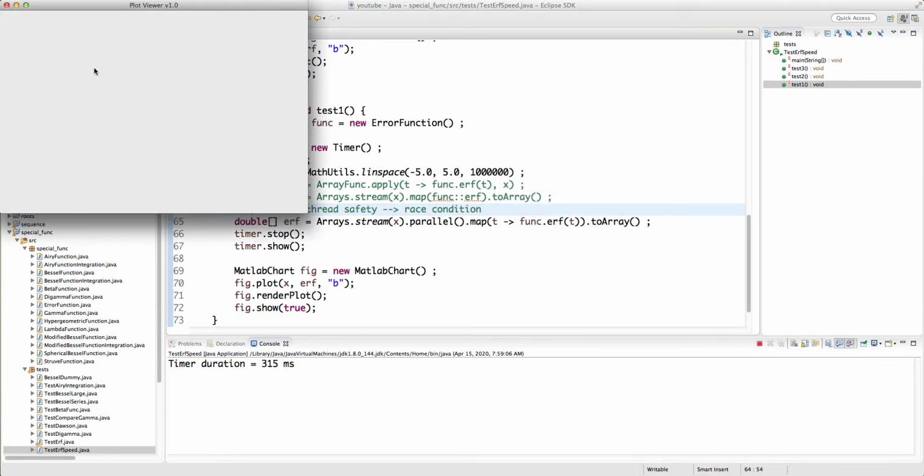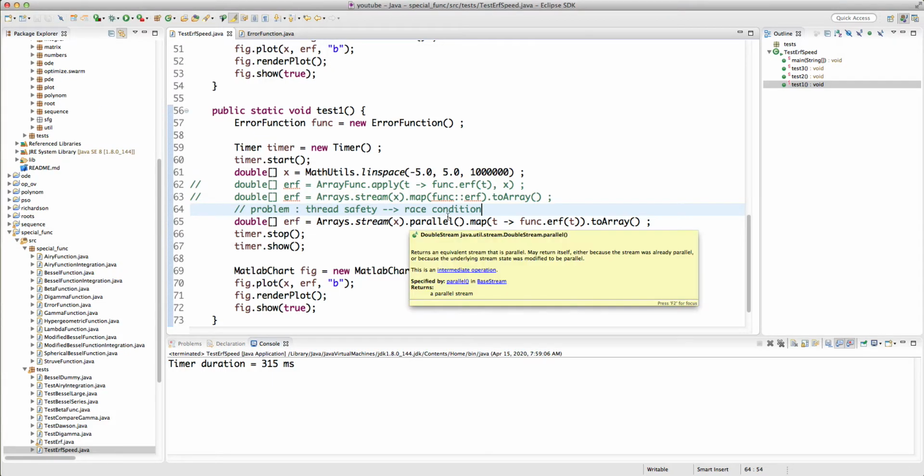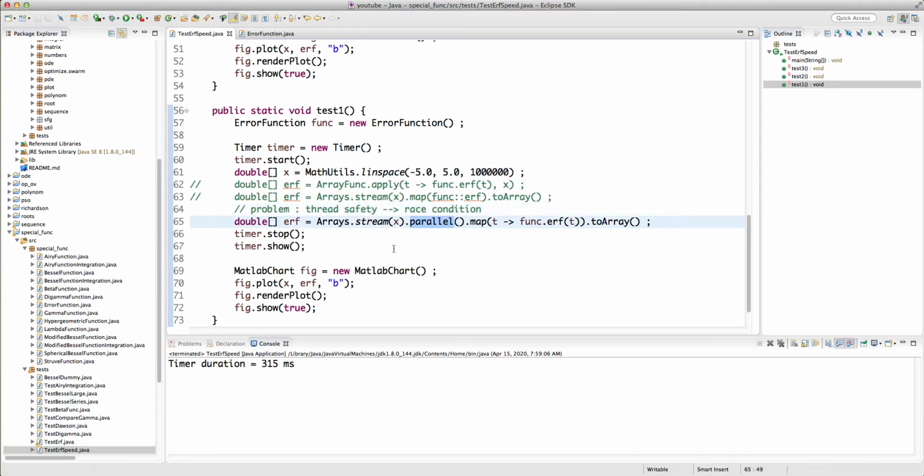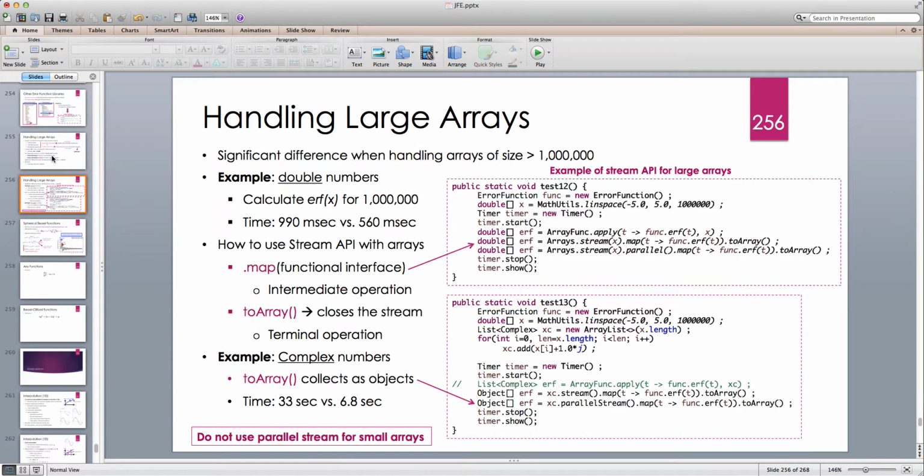315. And the reason is, even if the garbage collector has more stuff to do, we are computing in parallel and the split and merge are not the main contributors to the cost of evaluation, because we have 1 million evaluations. So definitely the cost of evaluation here is dominant. So I hope you enjoyed this lecture, and just remember that Stream API is a wonderful